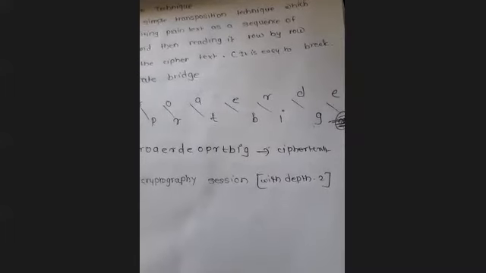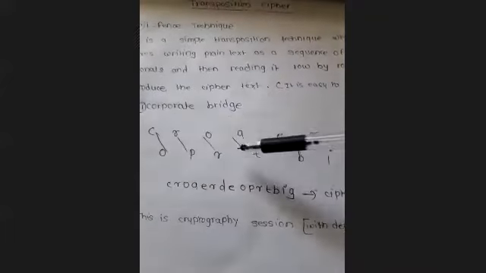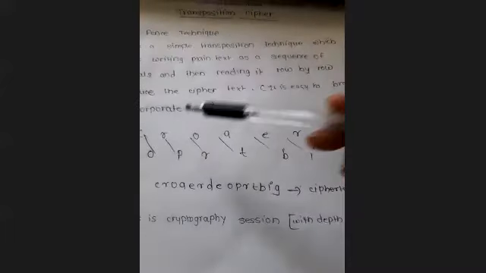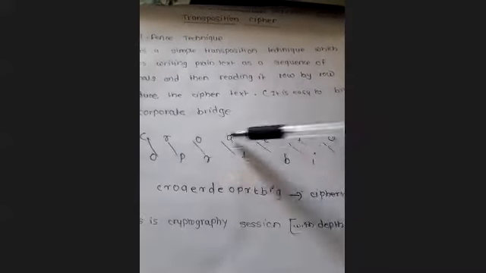But what is meant by depth 2? That means you have to prepare 2 rows. Depth 2 means you will have to write the letters into 2 rows. In the diagonals that you are writing, only 2 rows should be formed, okay? And in some cases it may be with depth 3 or with depth 4. So in that case you have to prepare 4 rows. Accordingly, you have to prepare it in diagonals, okay?